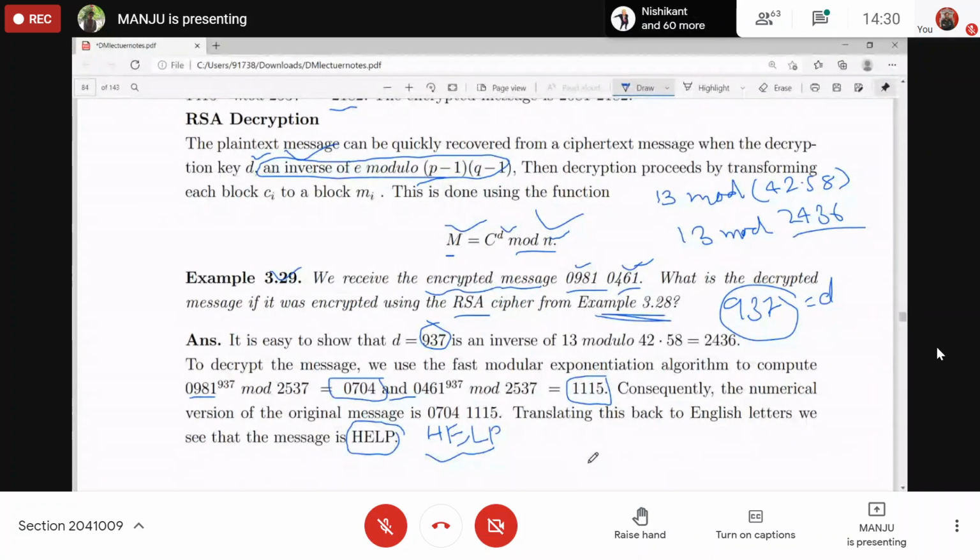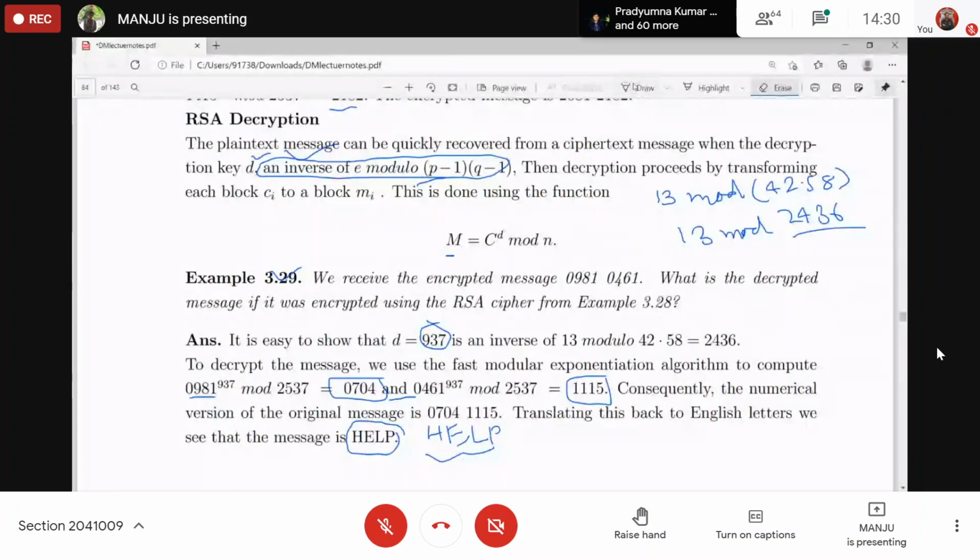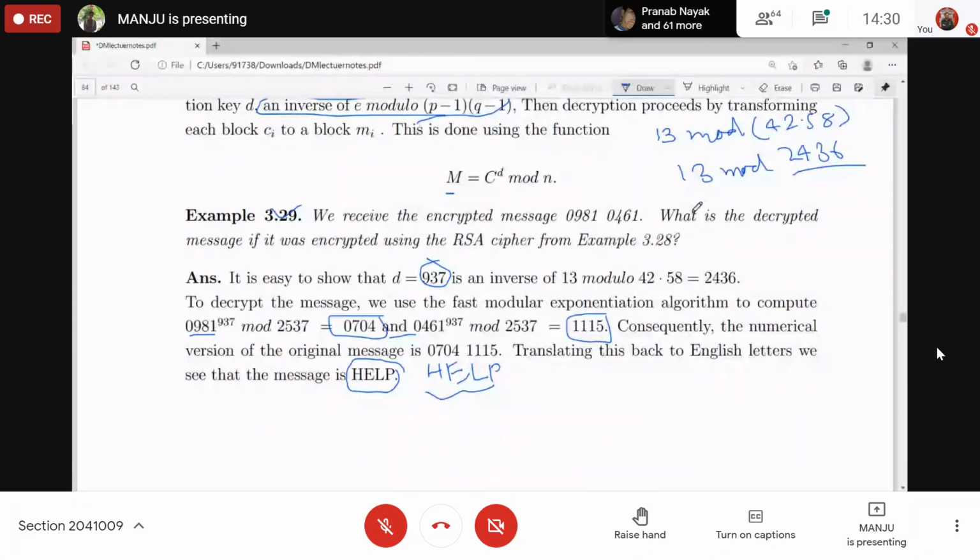Ma'am, how to find the D part? The D part you need to find by that inverse. How to find the inverse? That is 13x equals 1 mod 2436. One way is that 13x is congruent to 1 modulo 2436. Another way is, because 13 and 2436 have GCD 1, you can calculate x and y